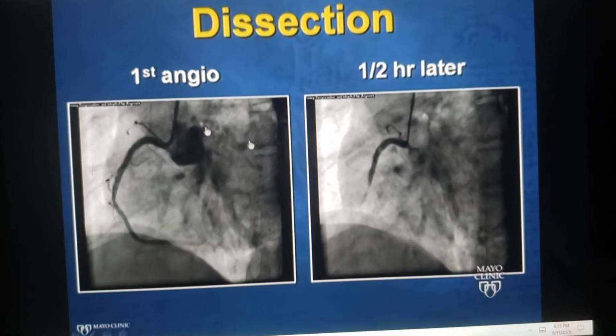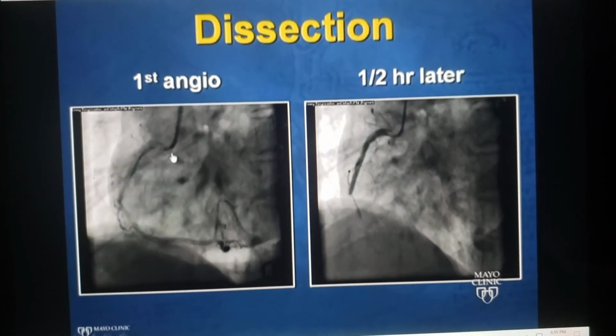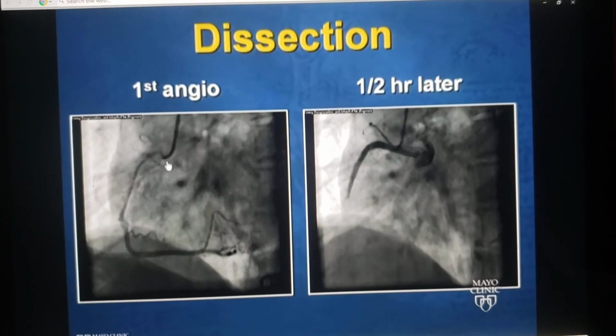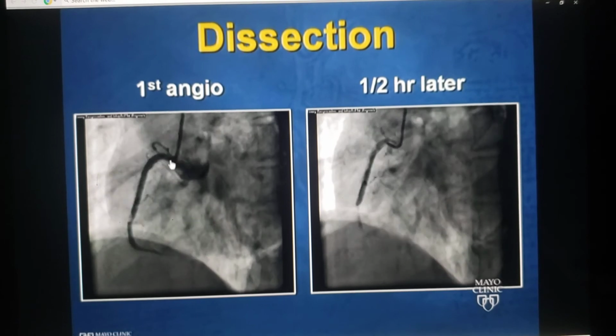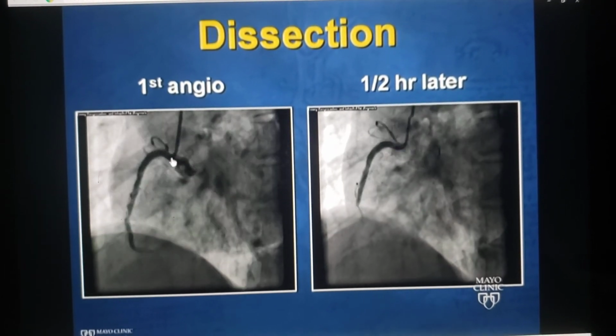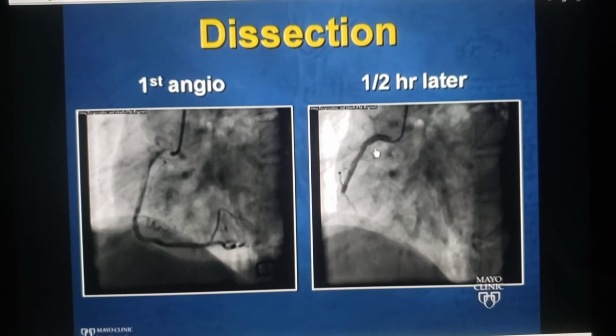And it's simply, if you look here on the left-hand side, you can see this catheter is not quite coaxial. It's actually pointing straight at you. It's pointing anterior, but the vessel is going to the patient's anatomic right. The injection was a little bit brisk, and it was just enough to tear this vessel and cause a dissection